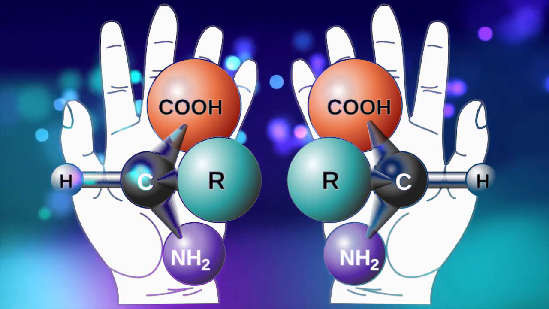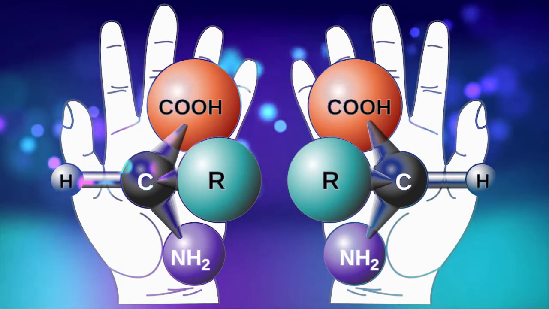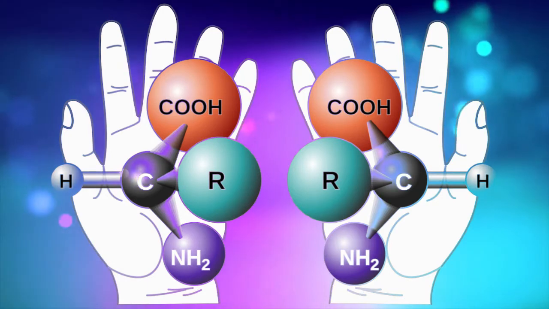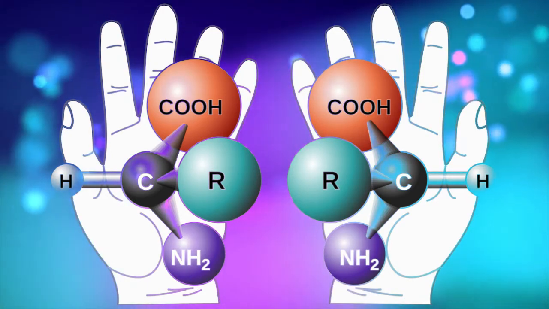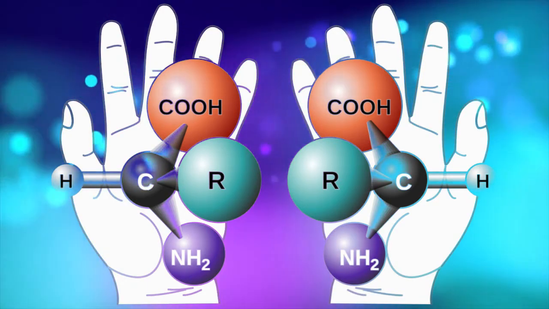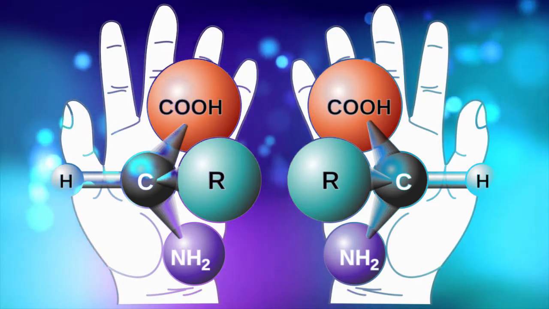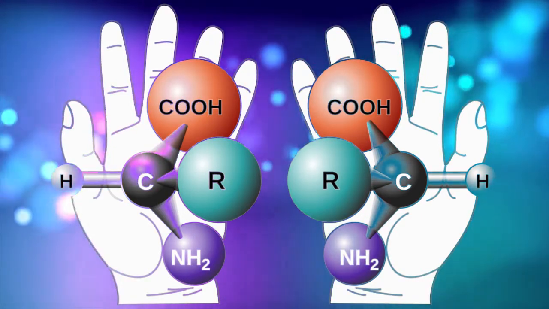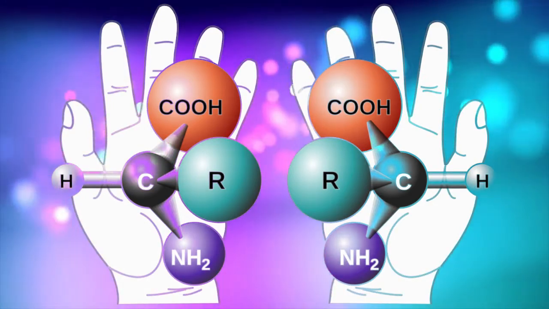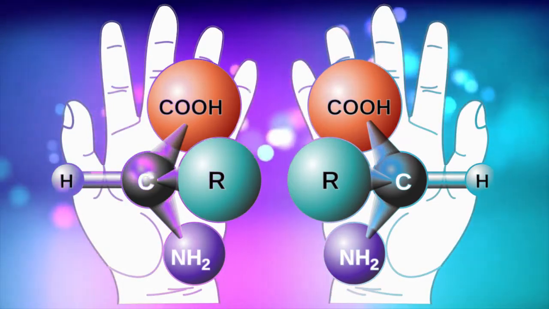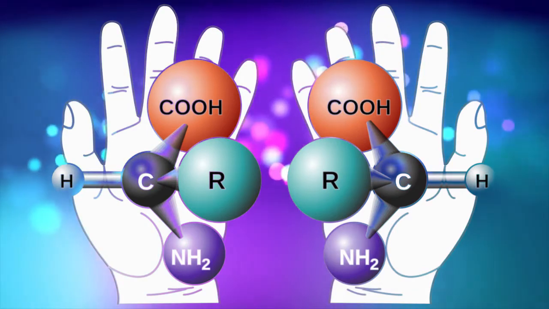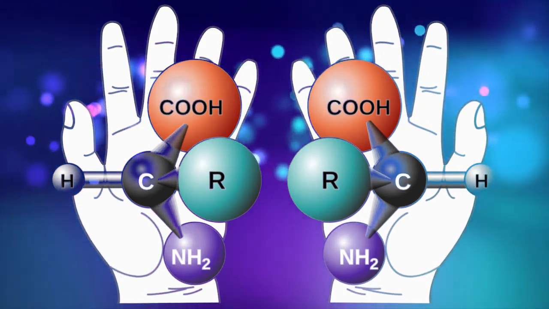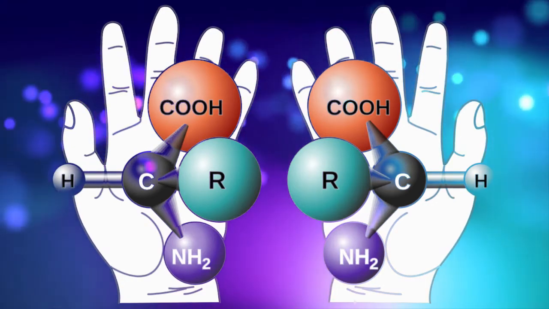The mirror image is nothing but this particular hand structure, where the hydrogen is at the right and this particular methyl group or alkyl group is at the left, and our acid is at the top and NH2 is at the bottom. So if we try to superimpose these particular things, will it superimpose? Yes or no? The answer will be no, it will not superimpose. Okay.